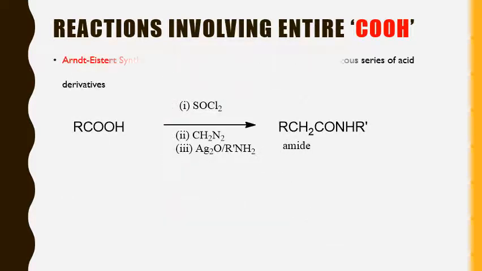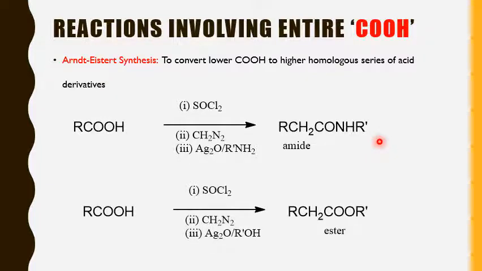You can also have the Arndt-Eistert synthesis where you can convert the lower carboxylic acid to higher homologous acid derivatives such as amides or esters. How can we get amide or ester? The first two steps will be the same, that means up to the ketene formation it will be the same. When you go for selective oxidation with silver salt, instead of the presence of water, you have to take a primary amine, which will give you amide formation. Okay.